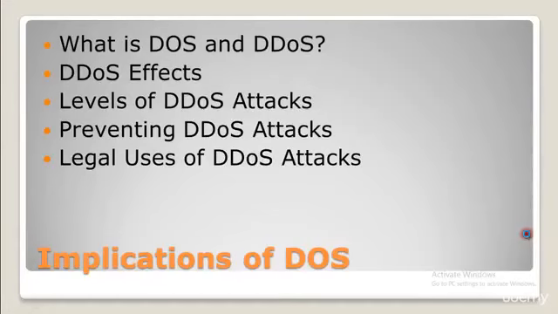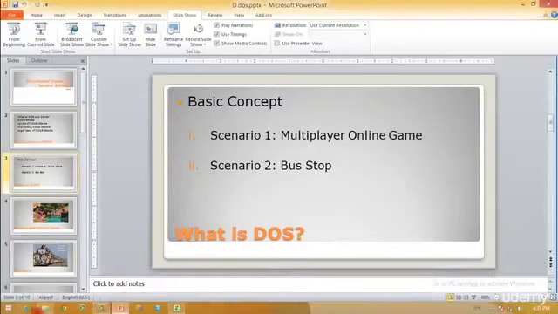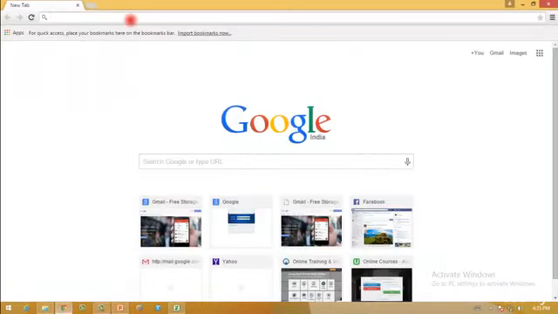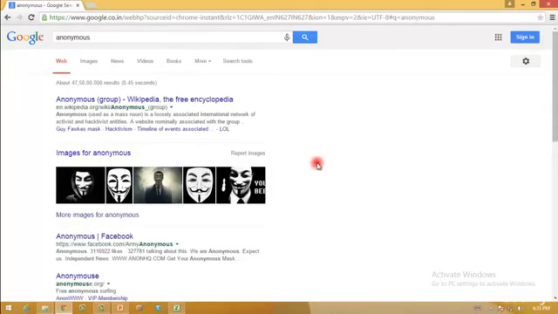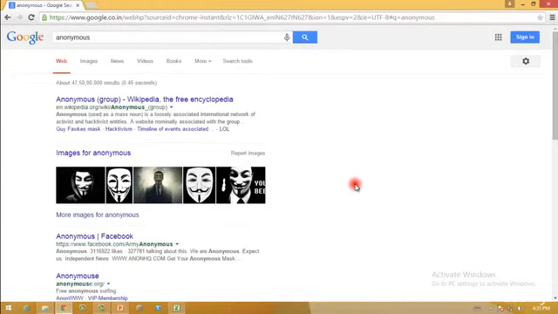To give you a good example of what is happening exactly, I'll take you through two different examples. And if you still want to know how it works exactly, then you can check on these people. They are known as Anonymous, so you can go ahead and search about who exactly they are. Anonymous is a group which most people don't know exactly who they are, because they mostly consist of random people, and they call themselves hacktivists, and they normally DDoS a lot of networks. Some of them have been caught, but you cannot actually catch all of them, because they can be any one of us. It can be you, me, or anyone else.